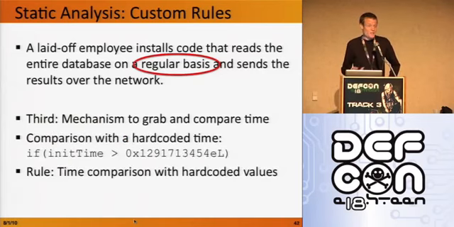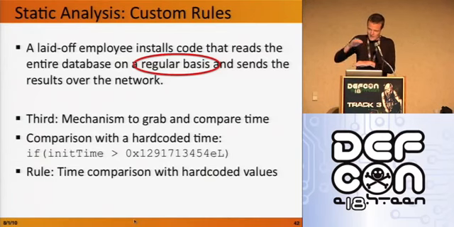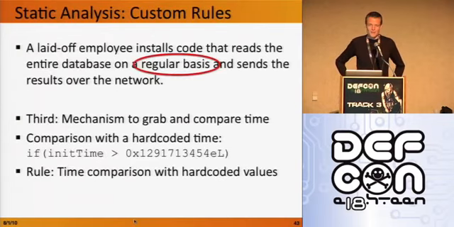In particular, an interesting thing you might do with it is compare it against some hard-coded value. So if you access the current time, that's a little suspicious. If you access the current time and then compare it to a static, compile-time string in your application, that's really bizarre. There are very few legitimate reasons for that. So again, the pile of breadcrumbs gets a little thicker. I guess that's the last breadcrumb.